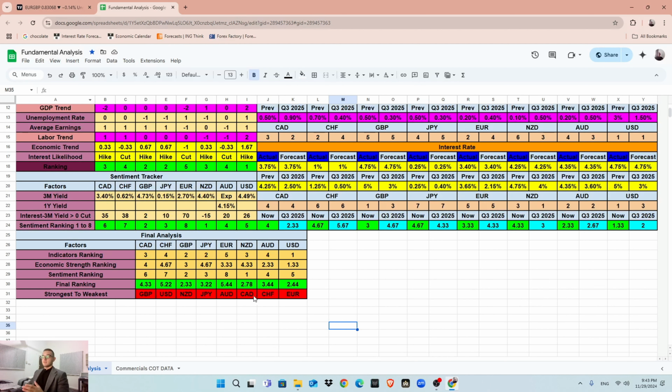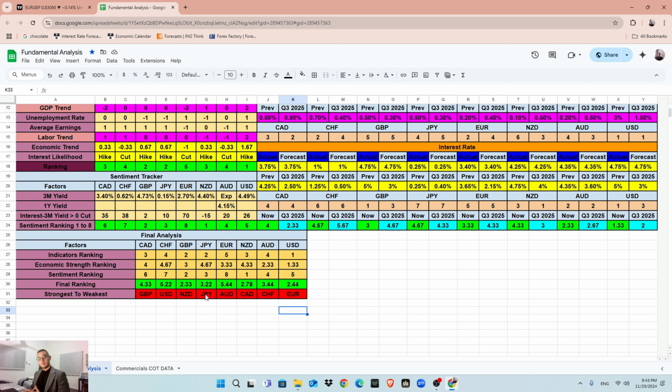After this order and this ranking, now we go into the technical analysis. What pairs can I make from these two and these two? I have euro pound, pound chef, euro USD and USD chef. Also what I like is to trade the Japanese yen, so euro JPY and chef JPY. Why? Because